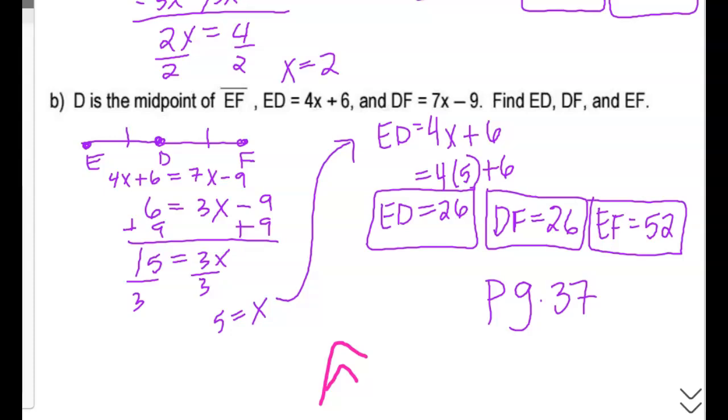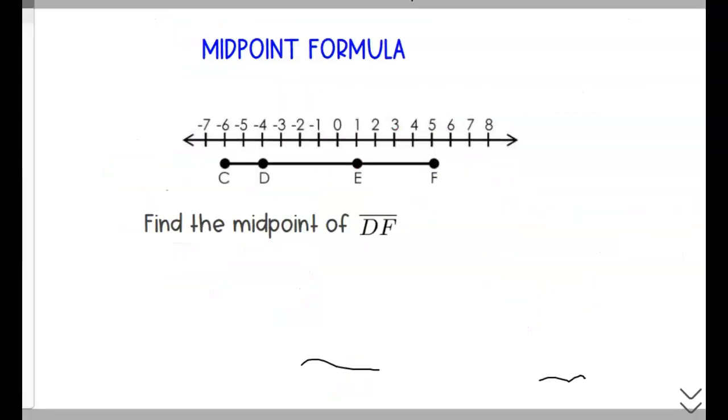And so when we learned that when you have a midpoint and it bisects the segment, then I can say these two parts are equal to each other in length, right? Now that was length. What we're doing today is not length. We're just looking at the location. So if I wanted to find the midpoint of segment DF, which you don't have on your paper, if you can just draw a quick sketch from D to F, you don't need to draw the numbers, okay? And just label it D,